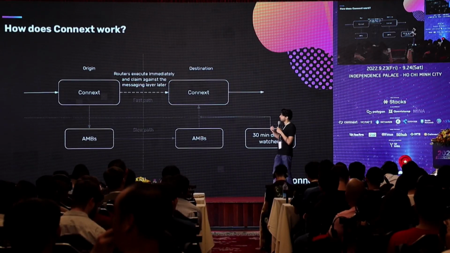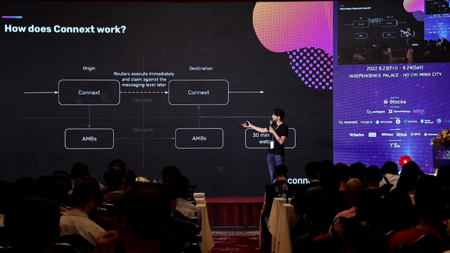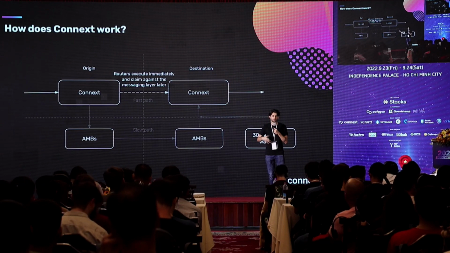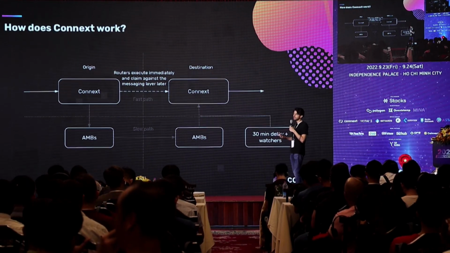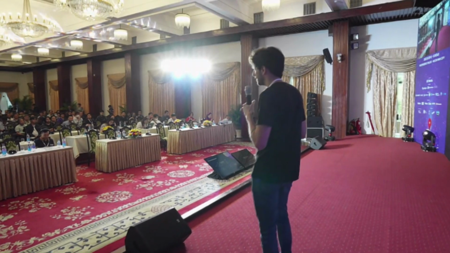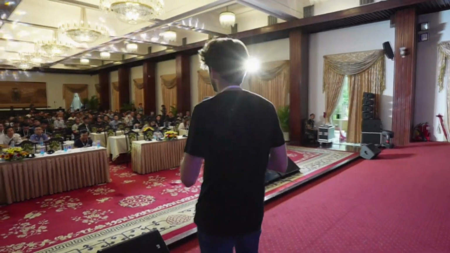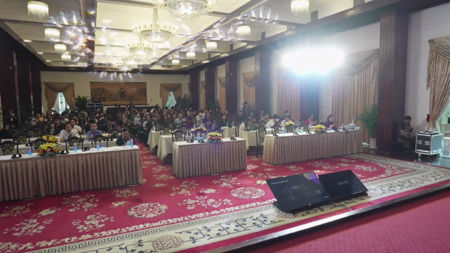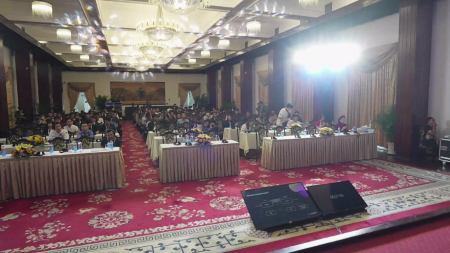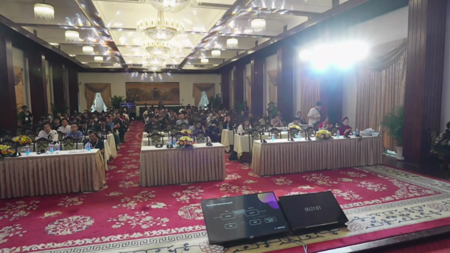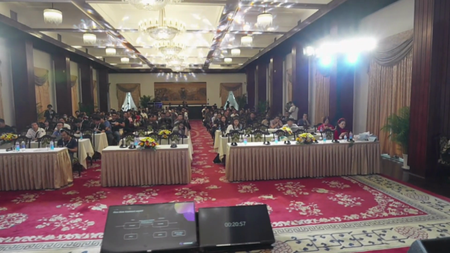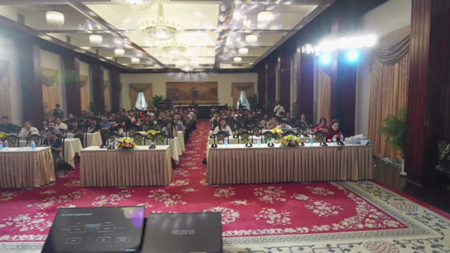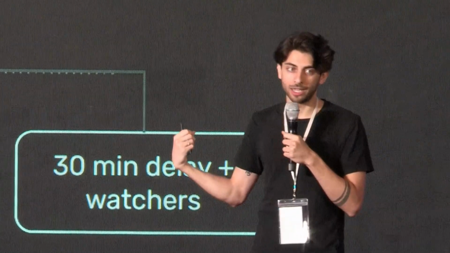So we have basically what we call an execution layer that sits on top of this lower level ecosystem of bridges. And that execution layer allows you to make transactions happen quickly. Because as a user, you don't want to wait for 7 days for your transactions to go across chains in the first place. And so our execution layer just makes the transaction happen immediately. This happens through a network of off-chain actors called routers. And those routers are then repaid over the slower AMBs.